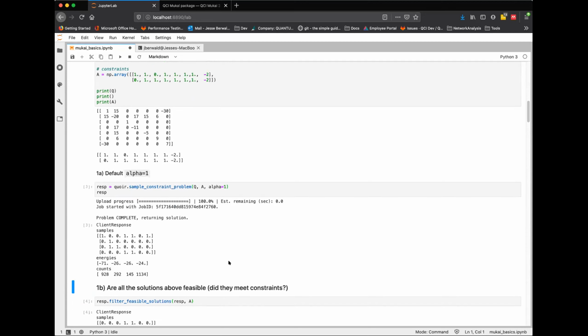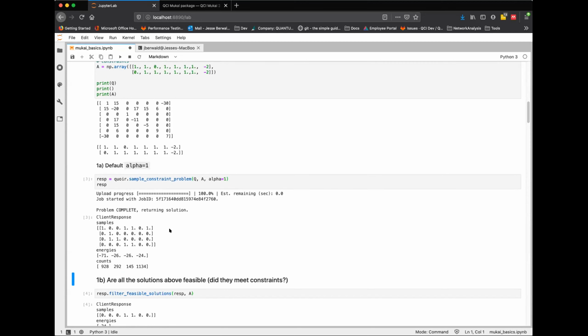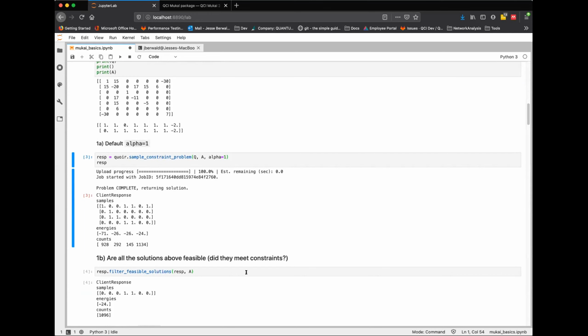And it's interesting that because this is combined into a QUBO, the quadratic unconstrained, the constraints are baked in. And so we have to go back and quickly check and see, did everything actually satisfy constraints? So we found some answers with low energy, but they may not have satisfied our constraints. So we can go and